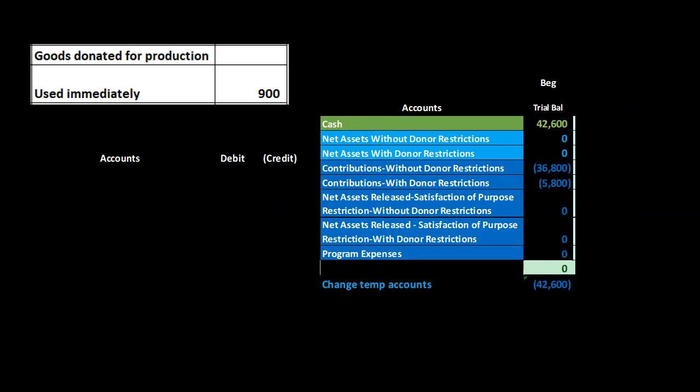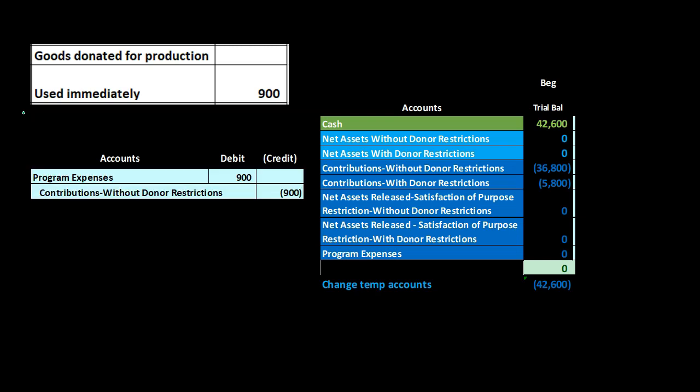Okay, next transaction. We have goods donated for production used immediately. So we're going to have the goods that are going to be donated and used immediately. Now, we're going to say that our primary objective is to serve meals. So we'll say the goods are basically meals that are going to be provided to the organization. The organization then takes those meals and uses them immediately in accordance with what they're designed to do as the nonprofit organization, to provide meals to the needy. So what we're going to do then is debit program expenses for the 9,000 and credit contributions